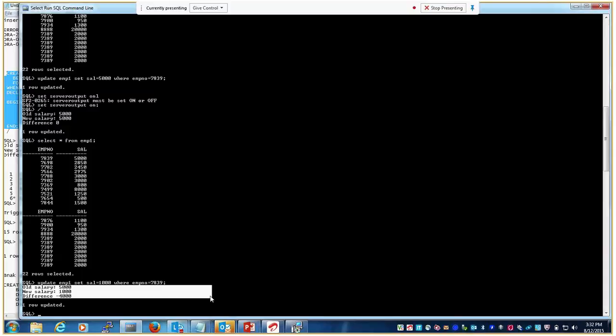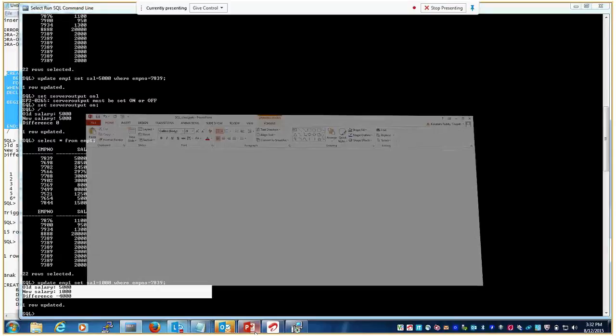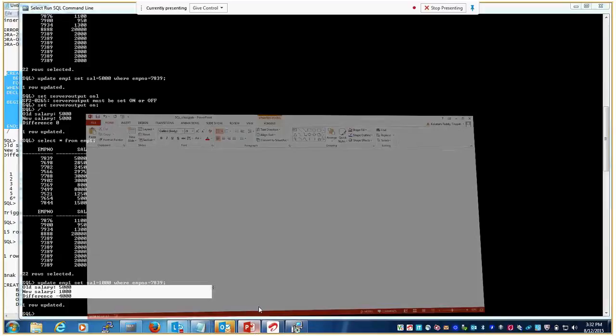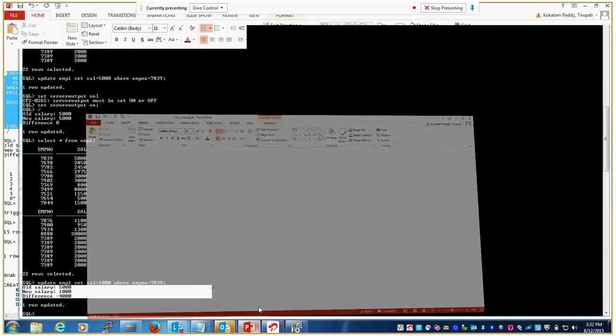If you want to get the new salary, you have to specify new dot salary. If you want to get the old salary, you have to specify old dot salary. These are trigger predicates. Through these, we can get old and new values.